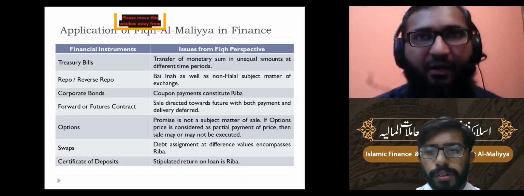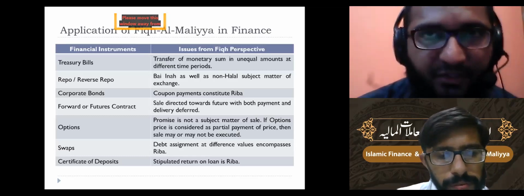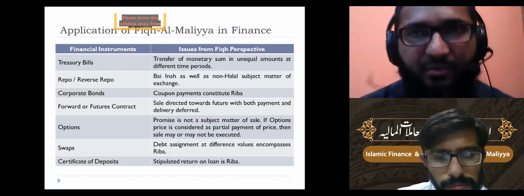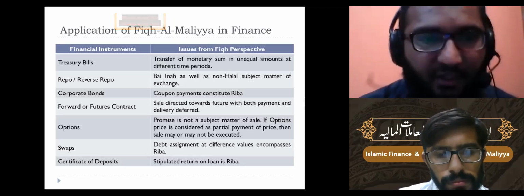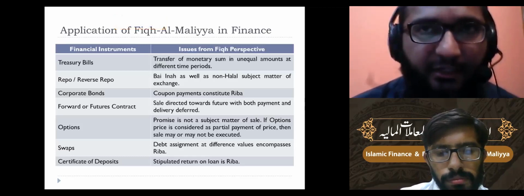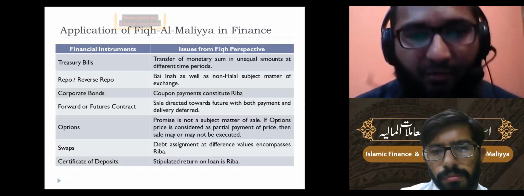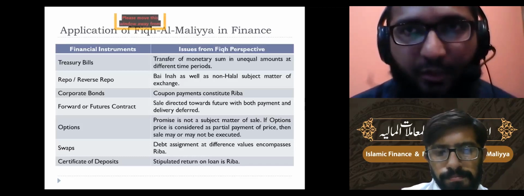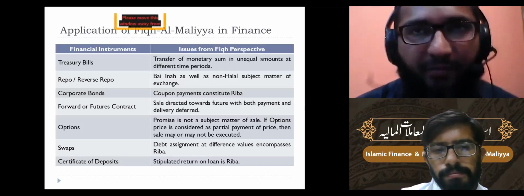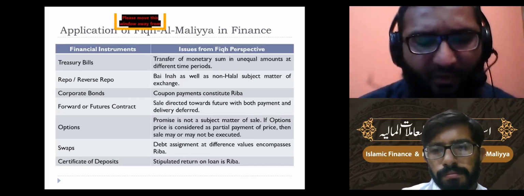What about certificates of deposit, which financial institutions offer to customers as well as to financial institutions, and special investment deposits? These instruments also involve an element of riba, because if there is a stipulated return on a loan, then it constitutes riba. So through these examples, what I've tried to explain is that whenever we come across a